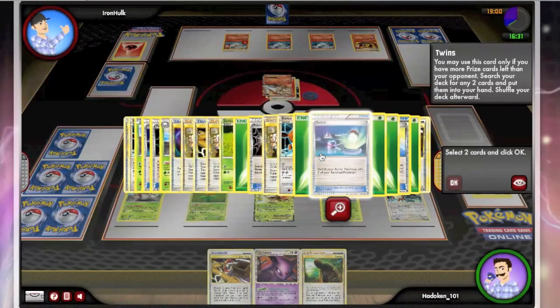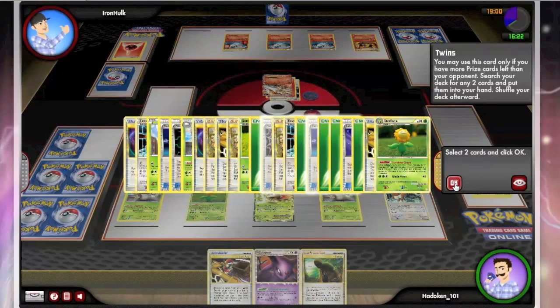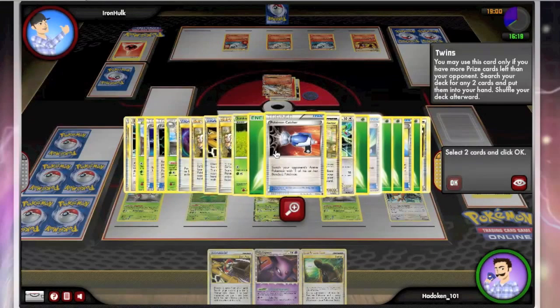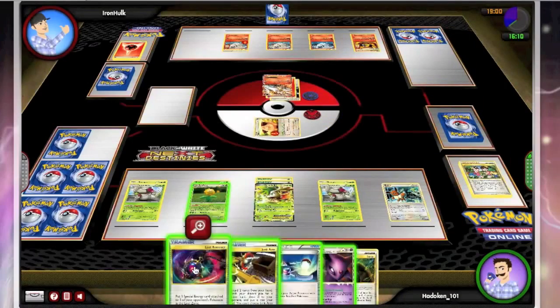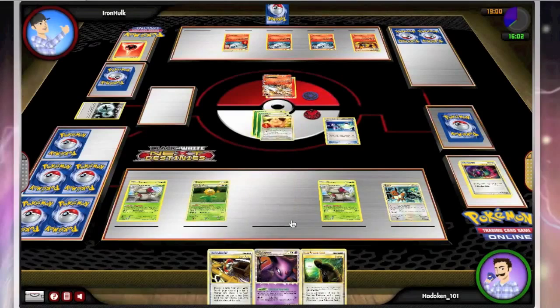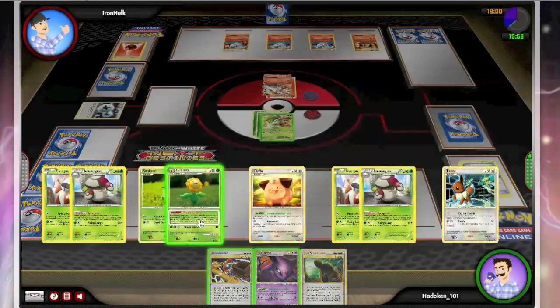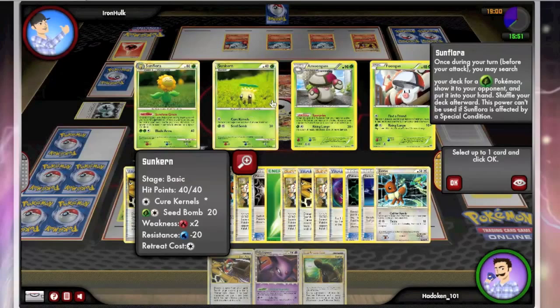So from this Twins, we're going to get ourselves a Switch and a Catcher. Because are we going to get Catcher? No, we're not going to Catcher. We're going to get a Lost Remover. So we're going to get rid of that double colourless. So that means he's not going to do any attacks. And we're going to switch out for our Shaman EX, and I'm going to pull out a card because I've